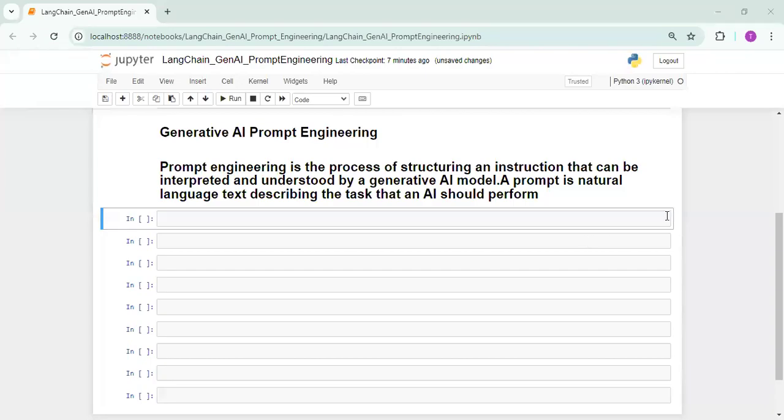Hello everyone. Today we are going to discuss the Gen AI model, which is generative AI. So generative AI prompt engineering is basically a process of structuring an instruction that can be interpreted and understood by a Gen AI model. So in Gen AI prompt engineering, we create a kind of model which